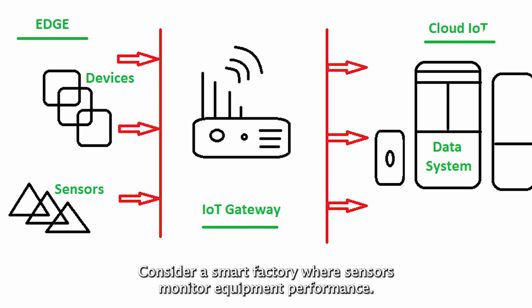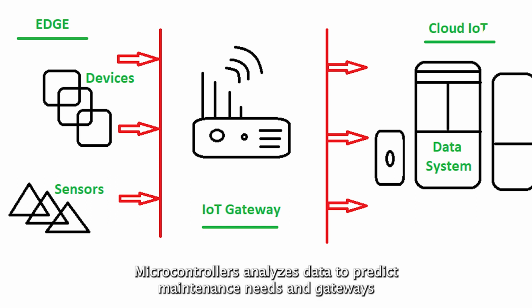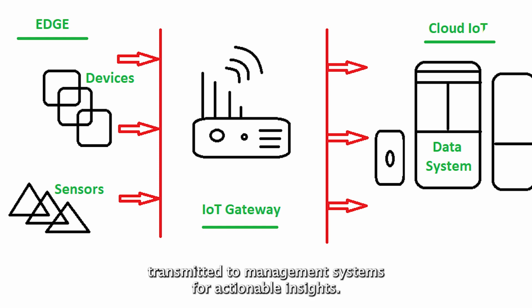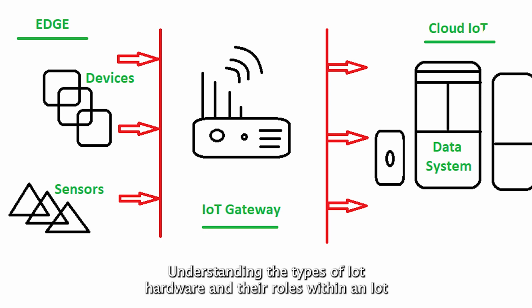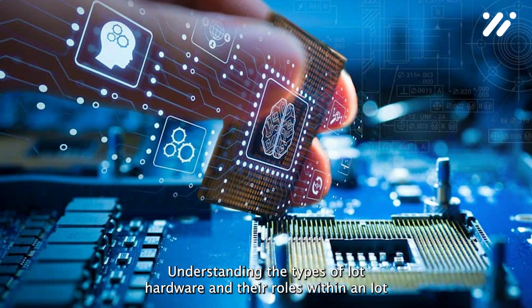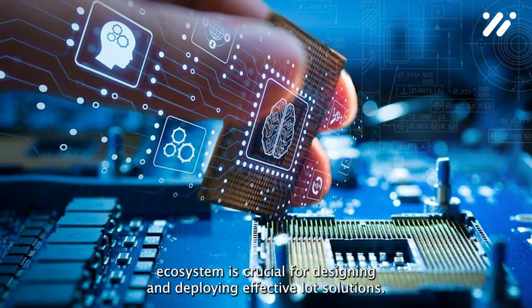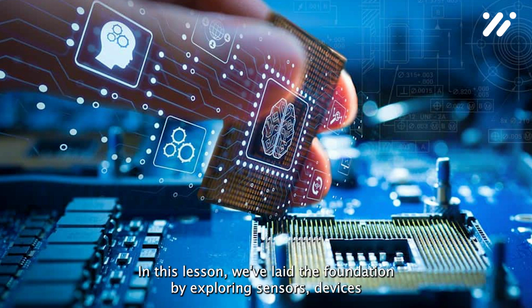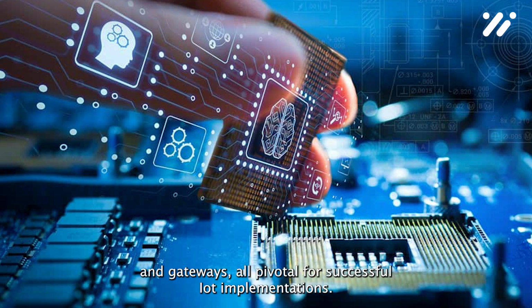Consider a smart factory where sensors monitor equipment performance. Microcontrollers analyze this data to predict maintenance needs, and gateways ensure this data is securely transmitted to management systems for actionable insights. Understanding the types of IoT hardware and their roles within an IoT ecosystem is crucial for designing and deploying effective IoT solutions. In this lesson, we've laid the foundation by exploring sensors, devices, and gateways, all pivotal for